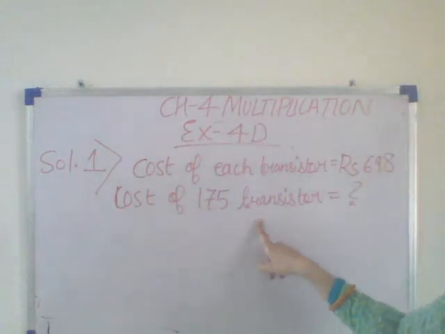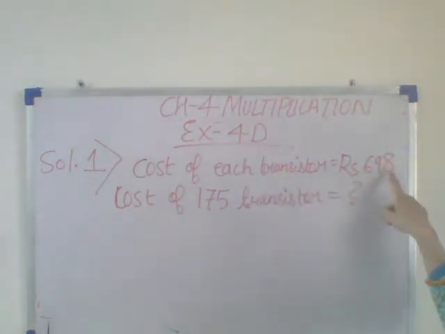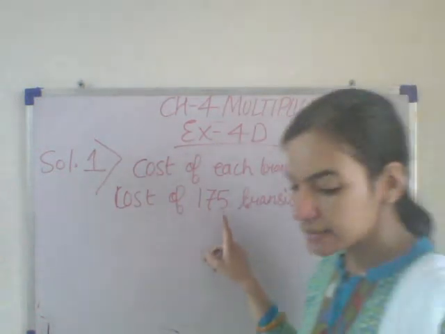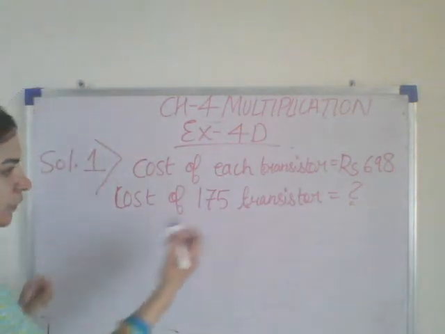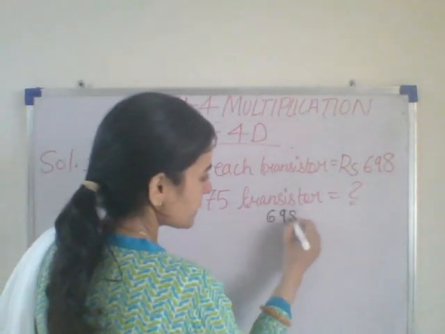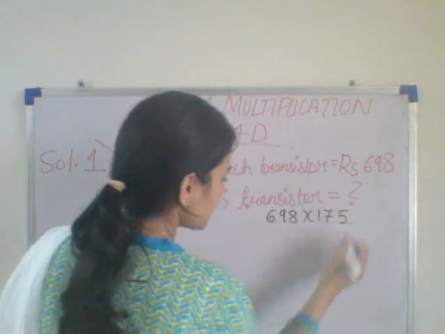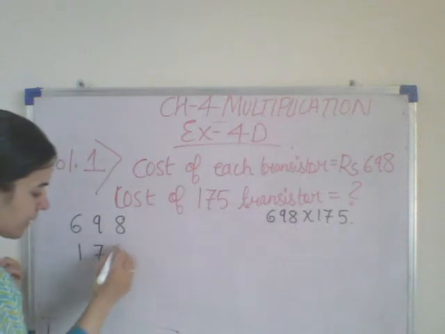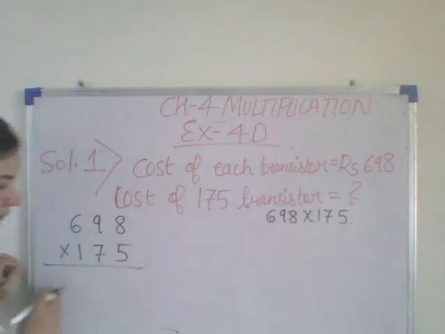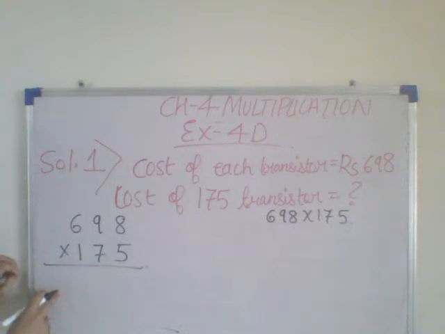So it is very simple. You have to multiply 698 with 175. Then you will be getting the cost. You will be multiplying 698 with 175. In the first step, you will be multiplying 698 with the 5. So if you multiply 698 with 5, you will be getting